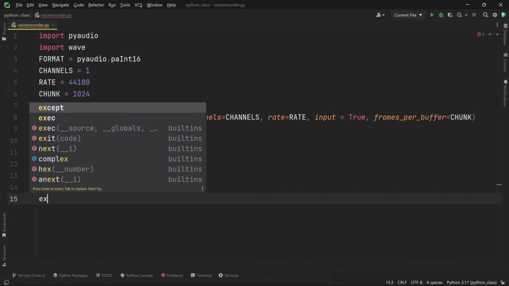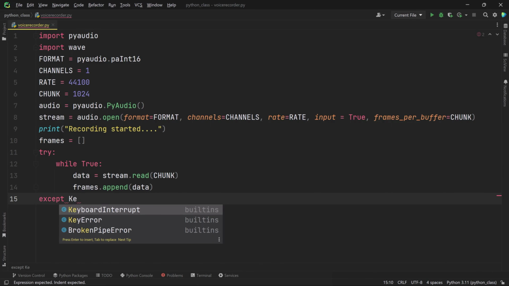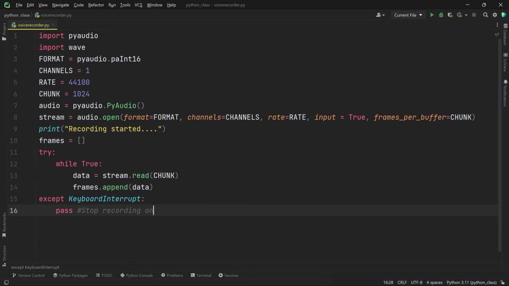Now, even in the most exciting journeys, we need a way to exit. In our case, when we're done recording, we can stop the loop using a specific keyboard shortcut. Picture this. You're in the middle of something important, but suddenly you need to hit pause. In Python, we can do the same with a keyboard interrupt. Just like pausing a movie with a remote control, we can exit the loop gracefully by pressing a specific key